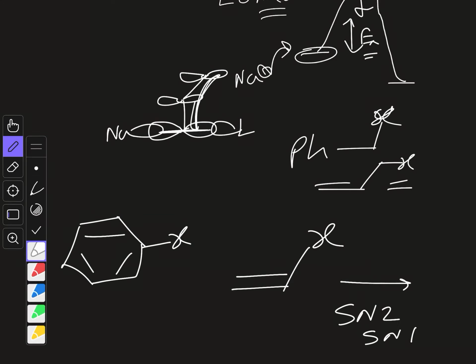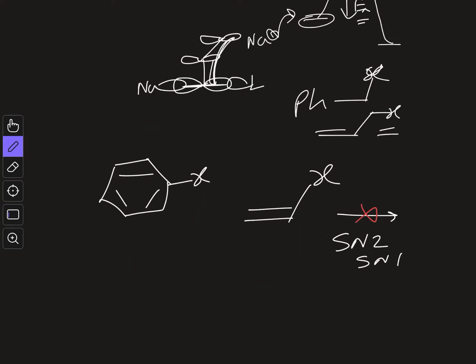They are very bad at these two reactions. Okay, why are they bad? So in case of SN1 reaction, you can see in this case this X atom generally has a lone pair, so there is a conjugation between these two. So you have a partial double bond character here, and here also you have partial double bond character through this